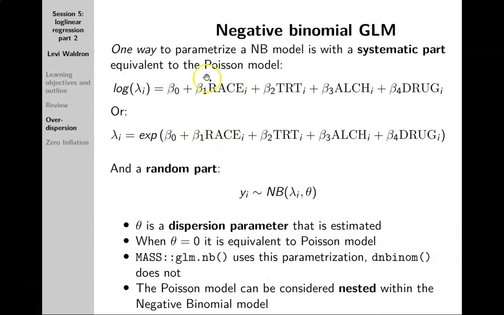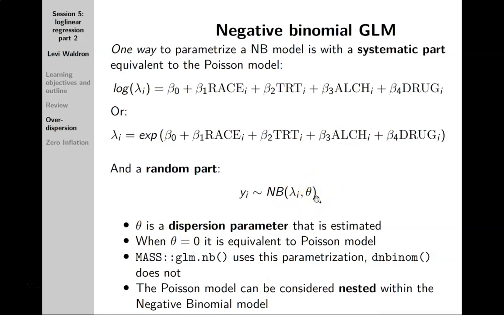So this is exactly as we saw it before, but with the random part being this negative binomial distribution with this same centrality or mean parameter lambda, but with a second parameter that we'll call the dispersion parameter that defines how overdispersed the model is, and with a theta equal to 0, that is 0 overdispersion, it is equivalent